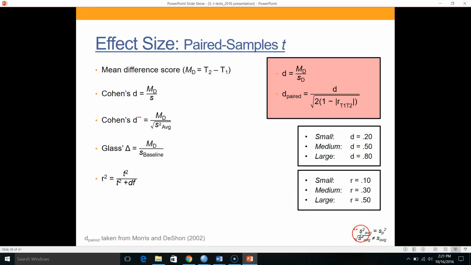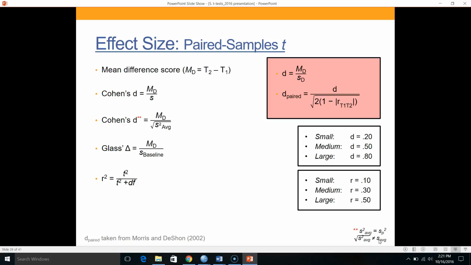the square root, or excuse me, the average variance in a paired sample test is going to be equal to your pooled variance. The thing that you want to be careful is that if you're going to calculate this, you want to average the variances first and then take the standard deviation. Okay, the standard deviation of your average variances is not going to be the same value as this average of